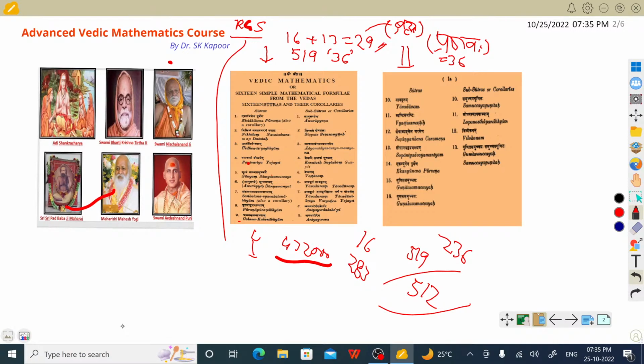Swami Bharati Krishna Tirthaji Maharaj was confronted with the situation that Max Muller and others, when they were compiling Vedas, were finding as if there is no mathematics in it. Swamiji meditated in the solitude of the jungle for 7 to 8 years and decoded the hidden mathematical formulae of this text. And this thread is to be carried forward.